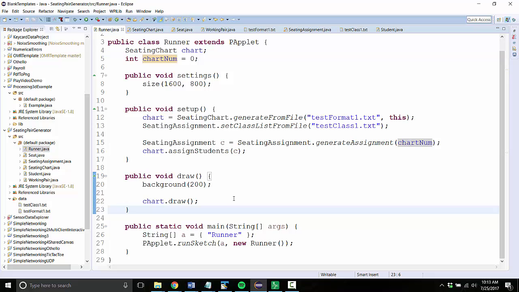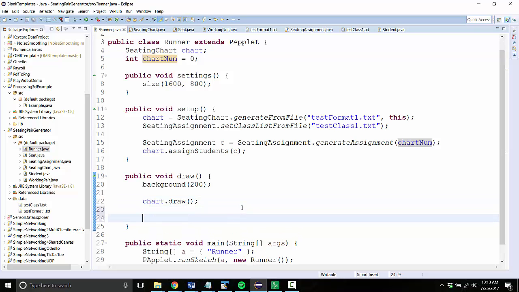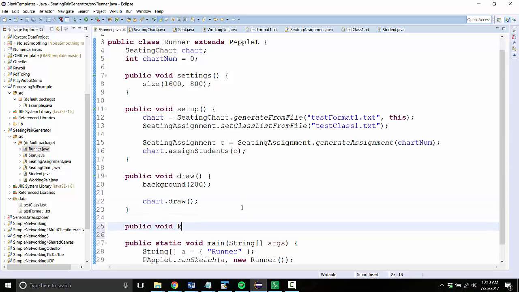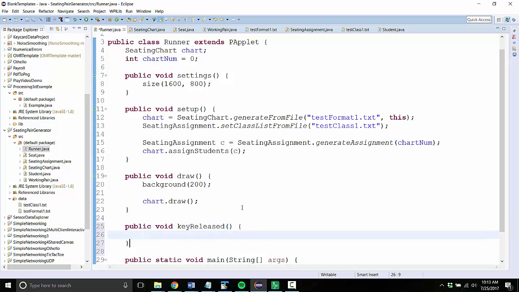And now what I want to do is let's do public void keyReleased. So if the key was released, I'm going to do chartNum is chartNum plus 1 mod